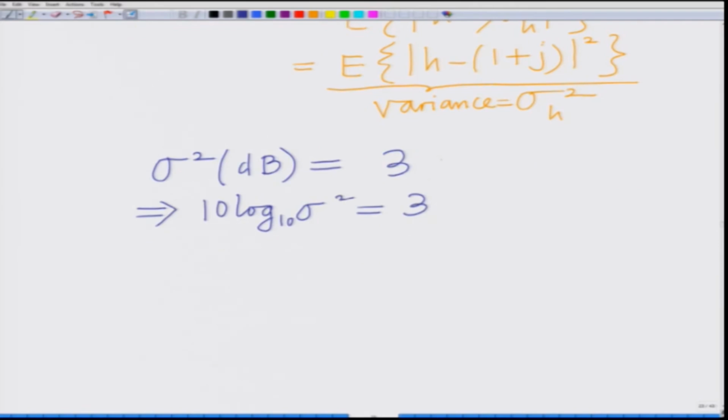This implies that your noise variance in dB is 3 dB. This implies sigma square equals 10 to the power of 0.3, which is approximately equal to 2. So 3 dB corresponds to a noise variance of basically 2. This is a standard result in communication, a standard rule of thumb which is often used,